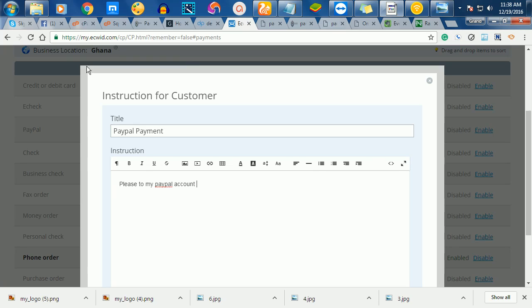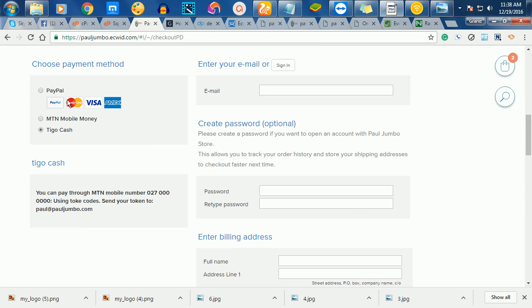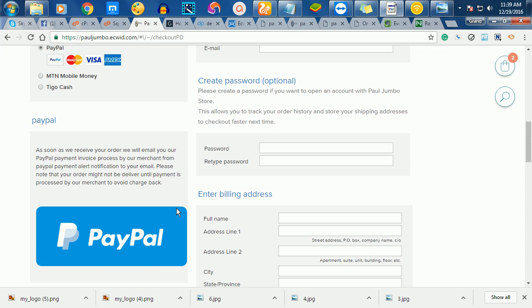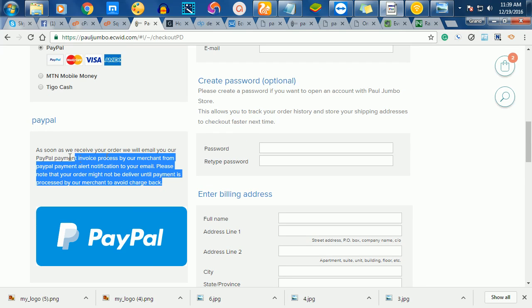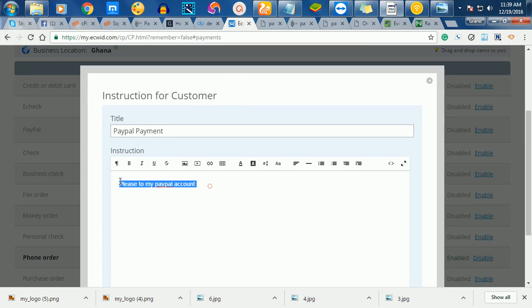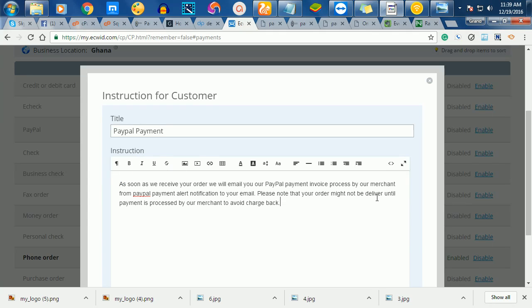or alternatively, let me just look at the one I wrote here so you can see PayPal. I choose PayPal because through PayPal too you can receive credit card payments. So I can say as soon as we receive your order, so you have to place an order, we will now send you our payment invoice. While we are doing that, we highly recommend you do this so that somebody will not steal somebody else's PayPal account and send money to you. So it is better you raise an invoice from your PayPal account and send it to the person. So the person has to log into his email account, then it will take him to the PayPal account to authorize